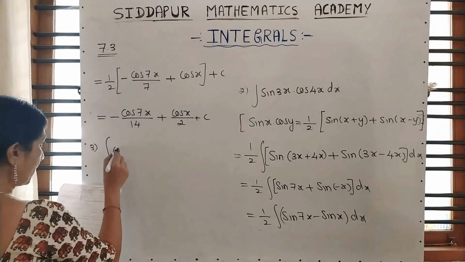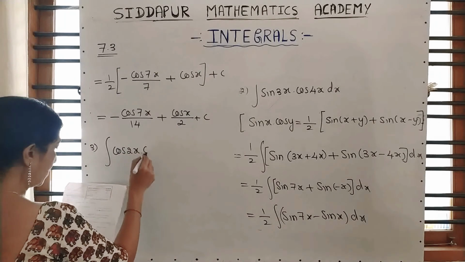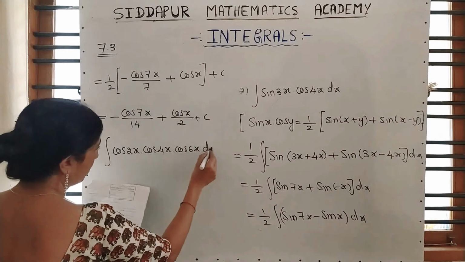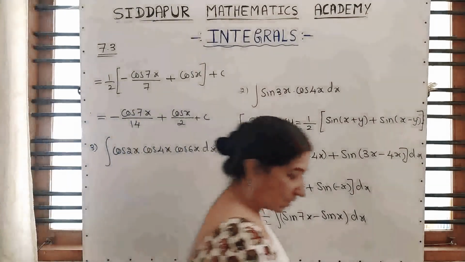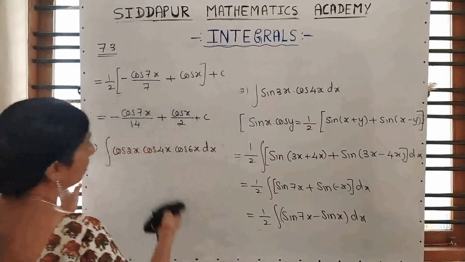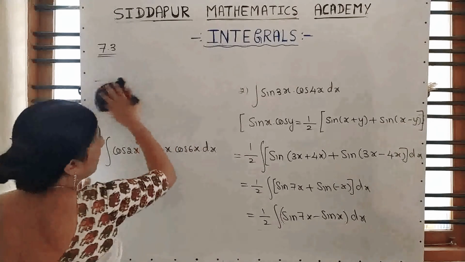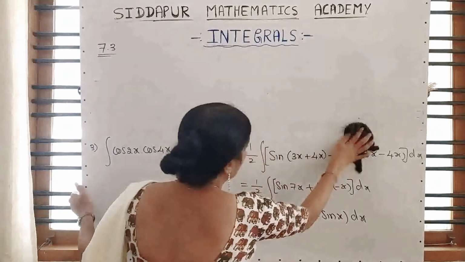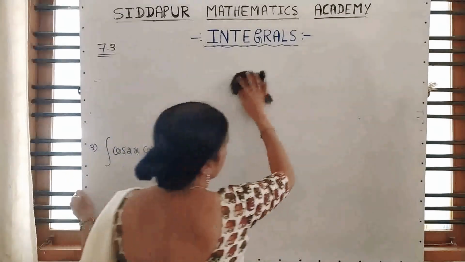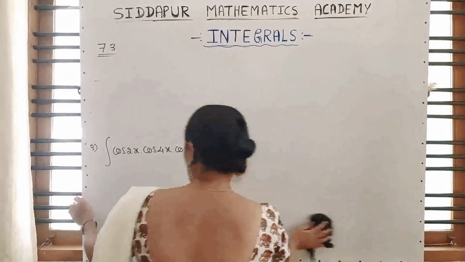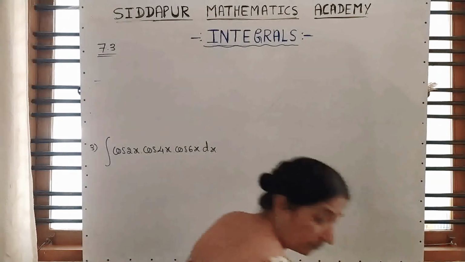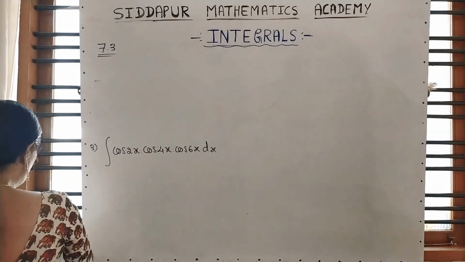Third one. Cos 2x, cos 4x, cos 6x. Here we have 3 terms. First of all, we don't have the formula for two terms, the product rule only we don't have. Then here it is three terms. How can we apply? But if you know the first year trigonometric formulas, that's why I told you first make the list of trigonometric formulas. If you don't have, I did videos on those formulas. So please refer to that. In 3 videos, I gave the formulas.